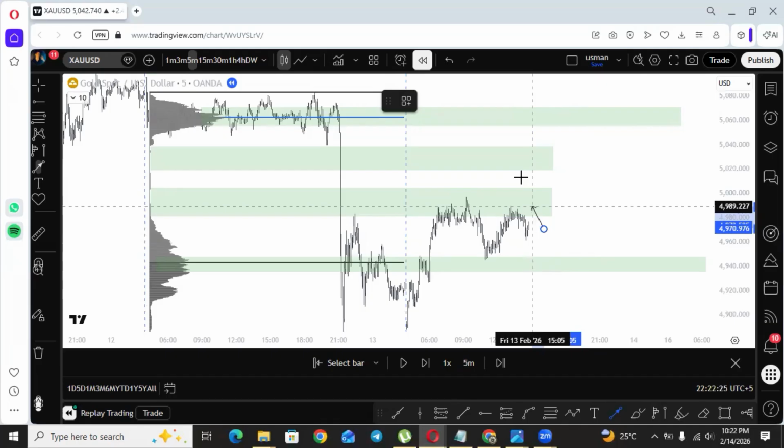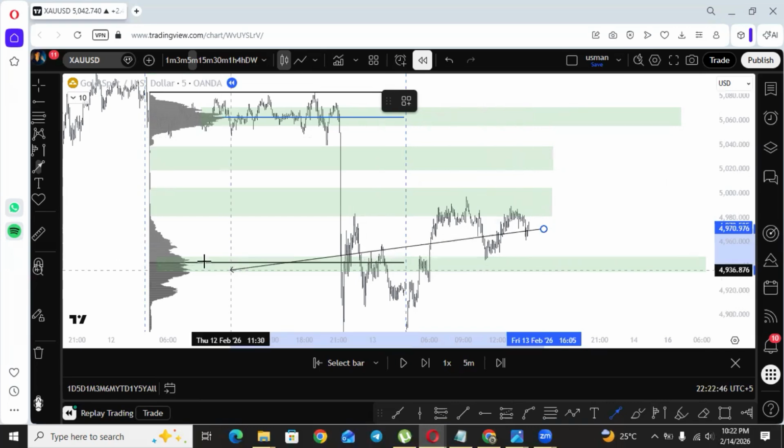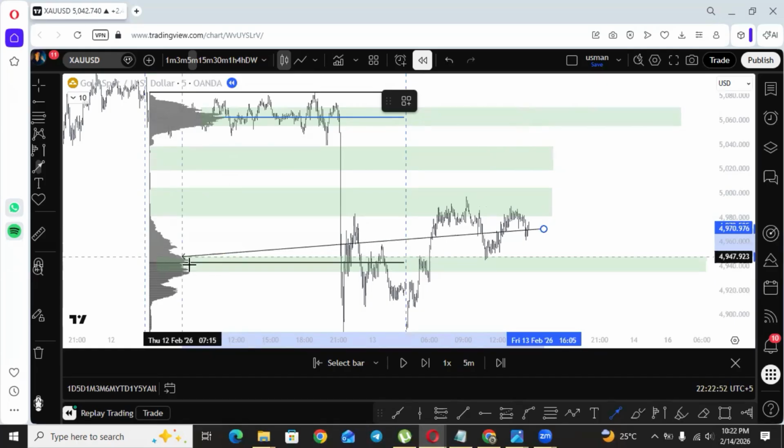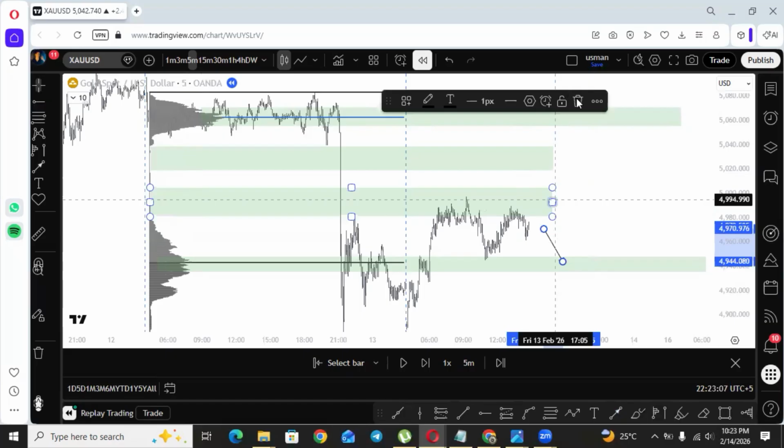This is the kind of explanation that we can give to people who are not aware of how to trade volume profile and the auction market theory. If you know the auction market theory, you know that all the areas close to the value area low, like this is the value area low, and this is the high volume area where most of the volume is traded. You don't know whether the market is going to buy or sell from here, but you must set your first anticipation about this area. I knew the reason why the market is going to buy from here, because I trade volume profile.